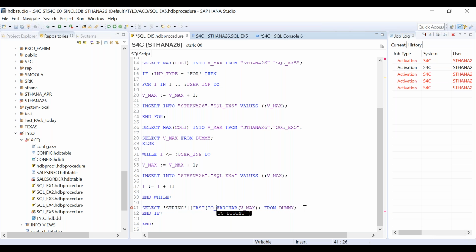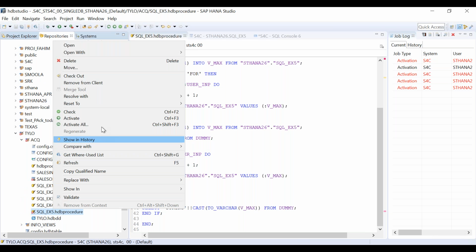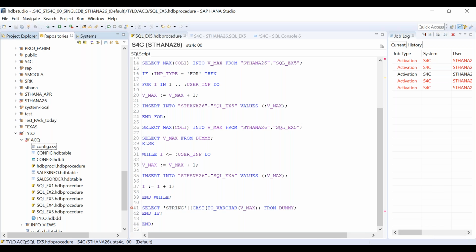Yeah, I think this is the problem. 2 I have to insert. Two varchar. 1 minute. Let me see if this is the right syntax. No, this is not the right syntax.